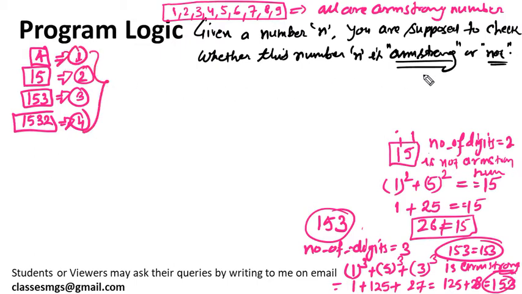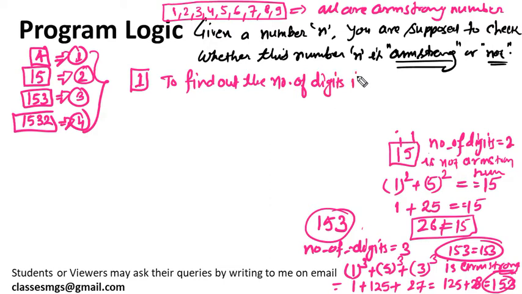Essentially this program can be answered in 2 steps. One program we will write is to find out the number of digits in any number, let's say number n that you will enter. So how will you find out? Let's suppose n is 15 and you want to check how many digits. The logic is that you divide this number by 10 each time and you will get the number reduced by its last digit. The last digit will be removed.